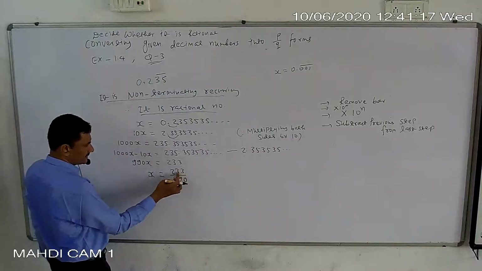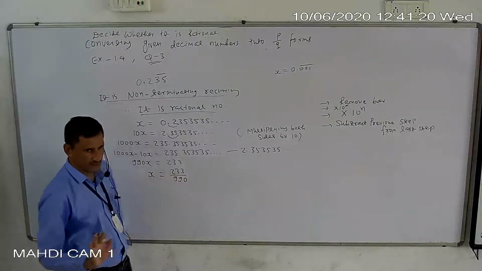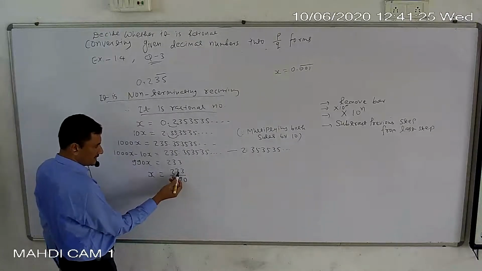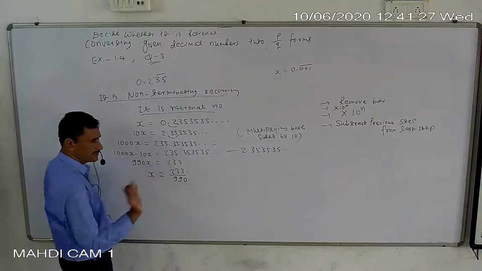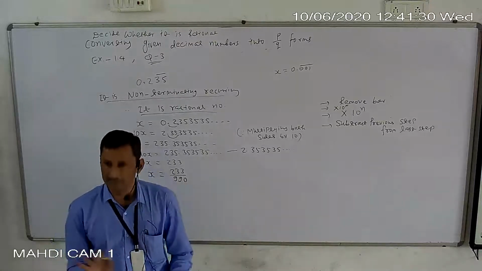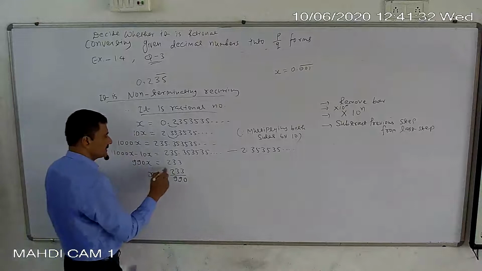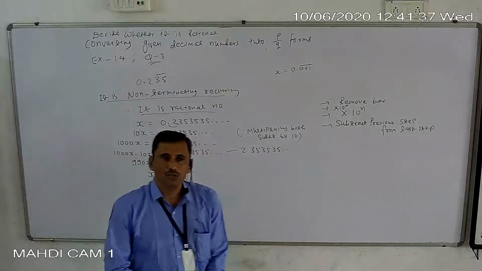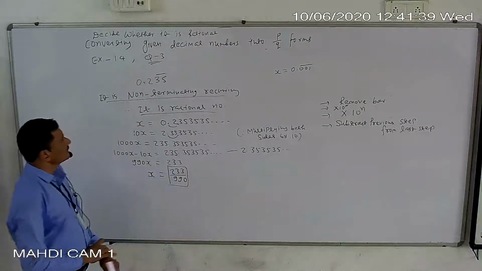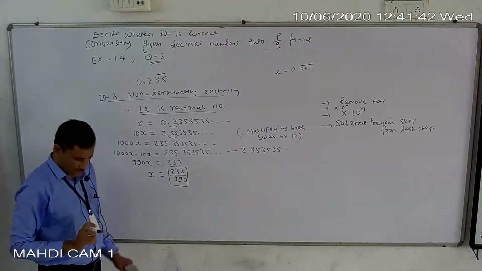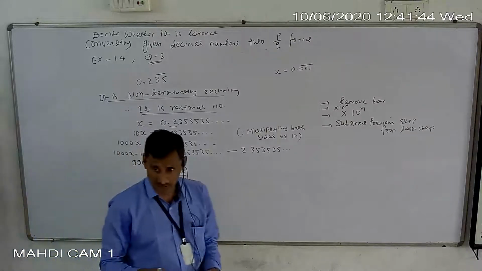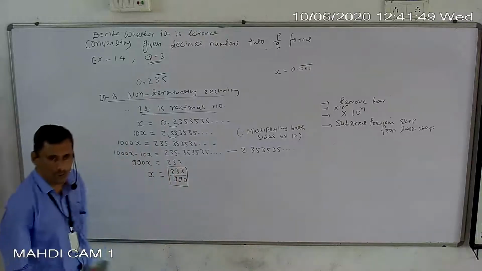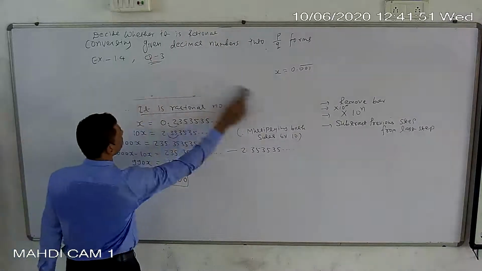Now look here, 3 plus 3 is 6, plus 2 is 8, so not divisible by 3. Now look for 11: 11 2s are 22, 1 left, 13, which is not a multiple of 11, so not divisible by 11 also. So this is in simplest form. Okay, so these two examples are of non-terminating but recurring. Now I am taking the last example, of non-terminating non-recurring.